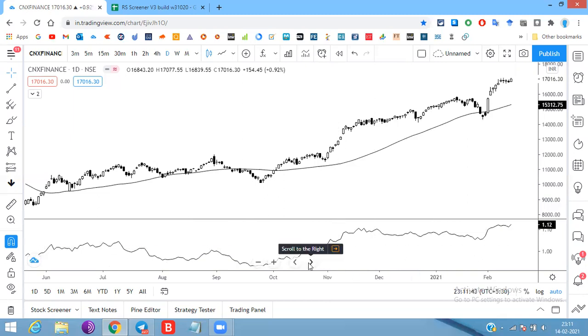We can analyze ratio charts using normal price action methods like patterns, trend lines, moving averages, breakouts, pullbacks, higher high, higher low. That was like Dow theory only, and higher high, higher low formation, etc. And I have also generally seen people using indicators on the ratio chart itself as well, but I like to keep my things simple. That's why I analyze the ratio charts as they are, or I also use moving averages.